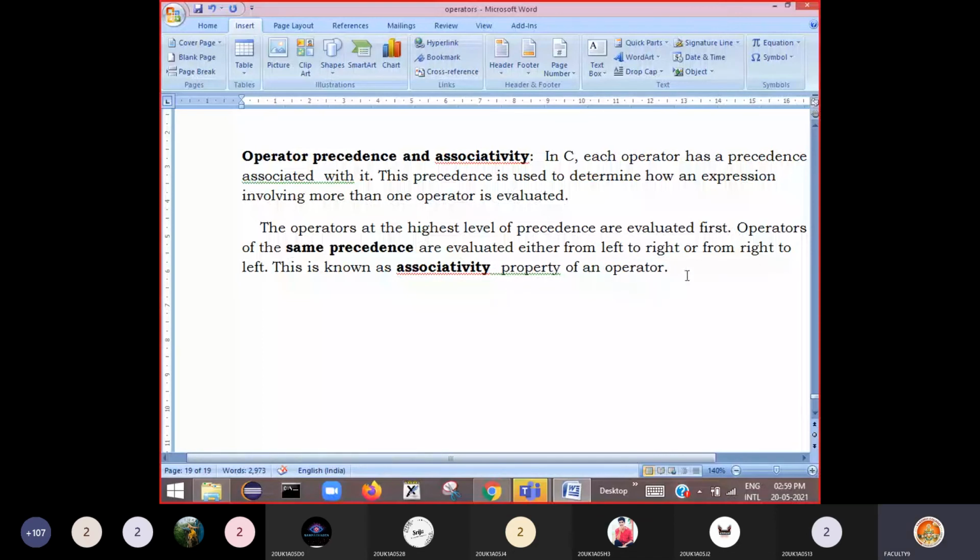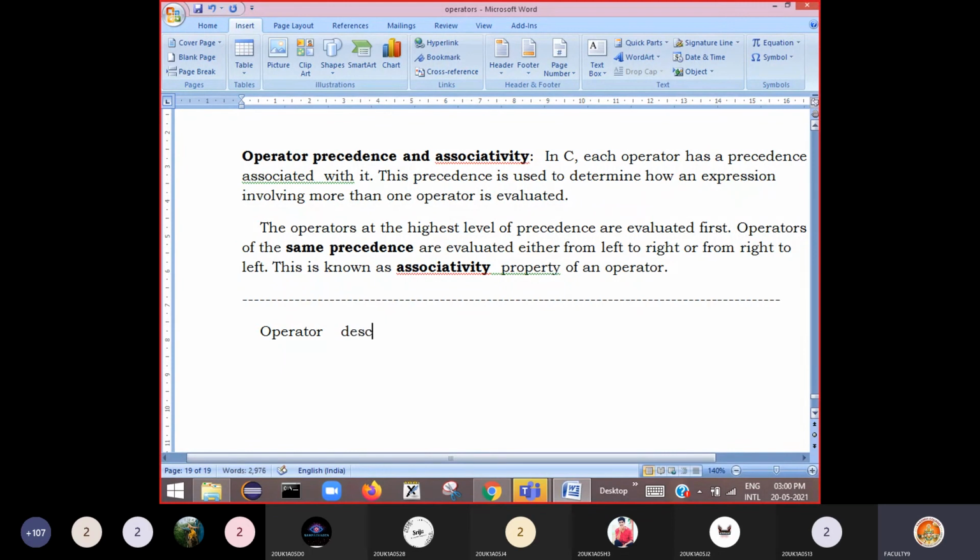Clear? So I'll give you a few examples. The list I am giving here: just see, I am writing operator, the complete list.